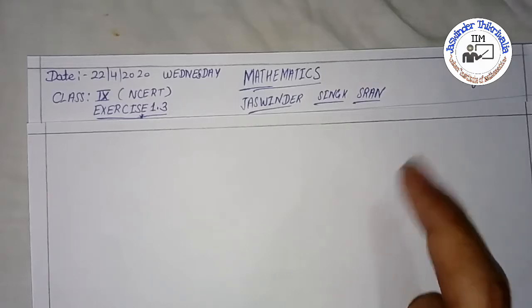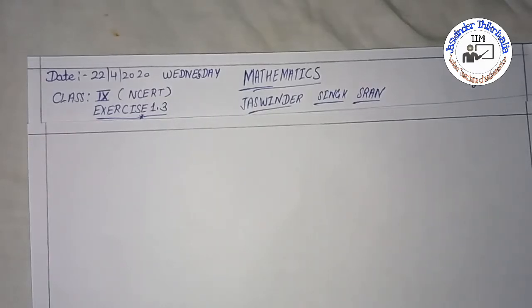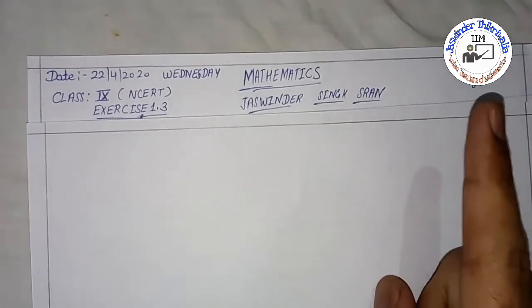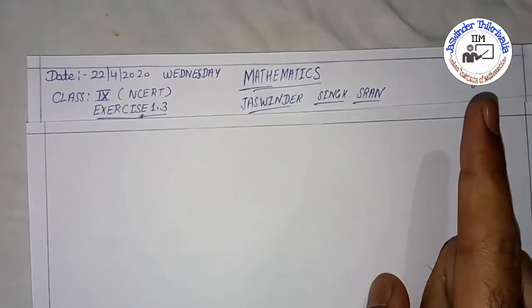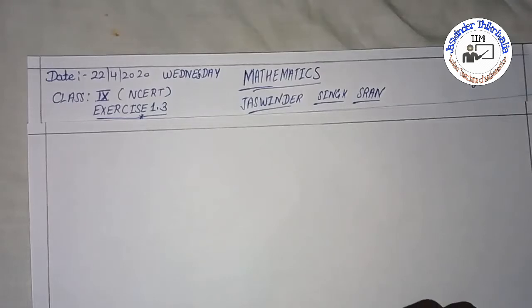Then after that I explained what irrational numbers are, their details, and the representation of irrational numbers on the number line, which I have also given in my second video. Its link is also given here in this icon button. You can click there and watch that video before you start this video.